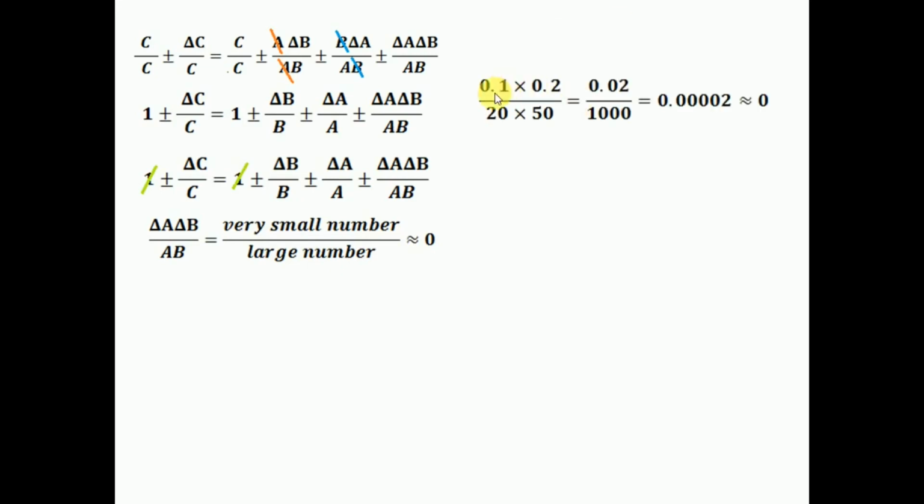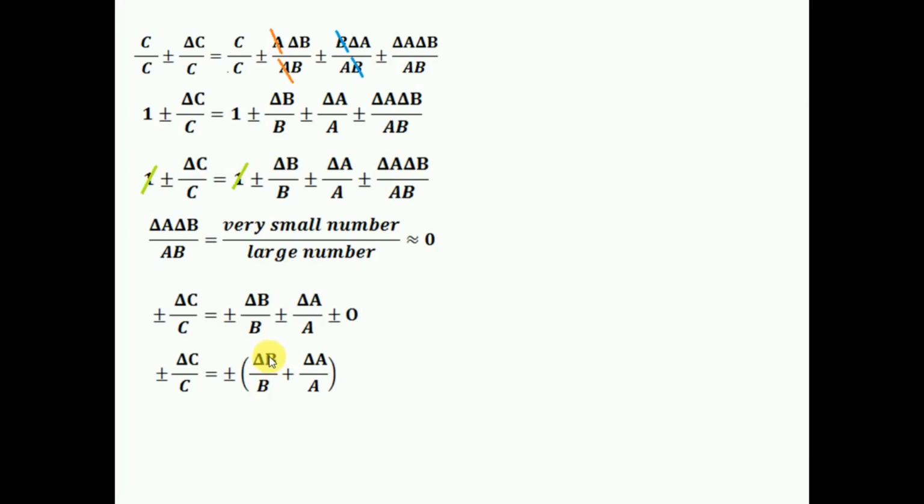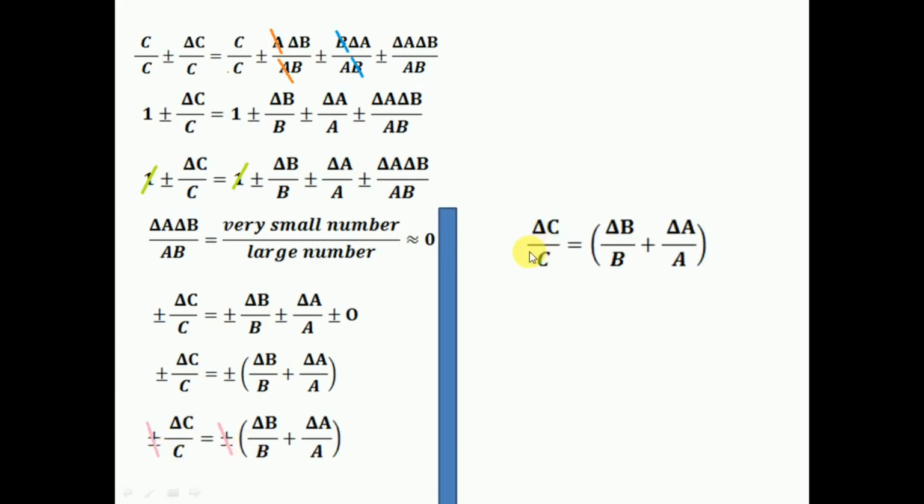So out here you can see the example. So suppose delta a is 0.1, delta b is 0.2, and a is 20, b is 50. So you will get this number, and when you divide this, you will get 0.0002, which we can neglect, and so I'll write 0 for this. I'll get delta b by b plus delta a by a. So now I'll cancel this plus minus, and delta c by c is equal to delta b by b plus